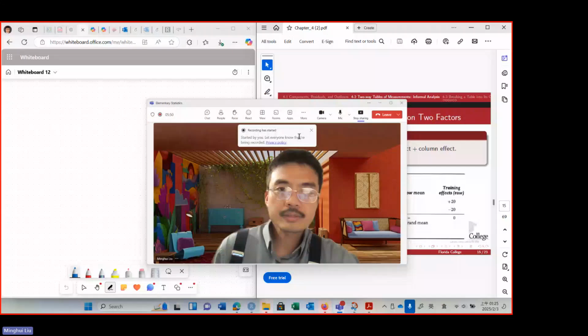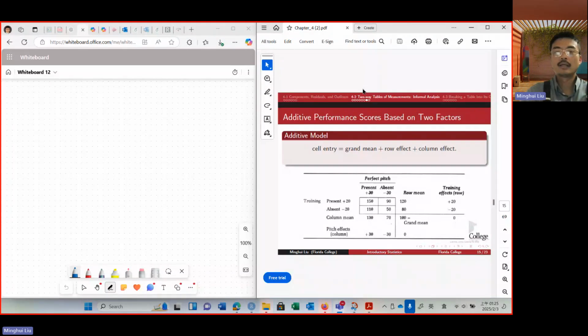All right, now let's continue our discussion in chapter 4. Last time we talked about the additive model, which states that each cell entry is equal to the grand mean plus the row effect plus the column effect. However, I want to mention that this is only a model and not necessarily everything would follow this additive model. In real life data, the cell entry is not necessarily equal to the grand mean plus the row effect plus the column effect. And this equation is only true when the data follows the additive model perfectly,